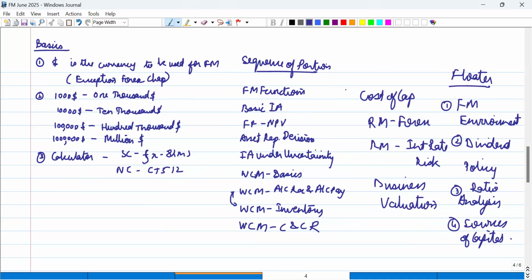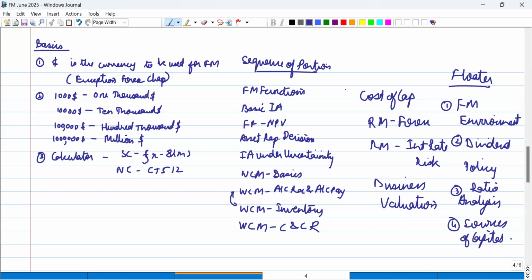Generally, class will go from Monday to Thursday or Friday, depending on how the portion is done as per the target. Friday you may or may not have a class, depending, right? I'll update you every Thursday whether Friday class is there or not. So these are the floater chapters, means these can be done anywhere in between. One day if we feel bored, we can go into one of the chapters, right?